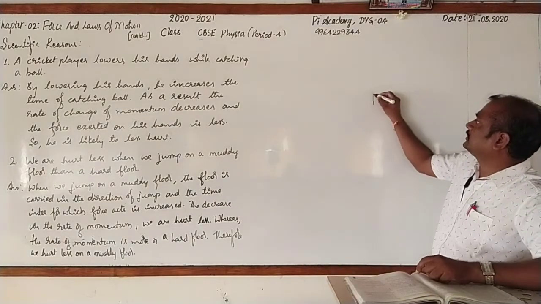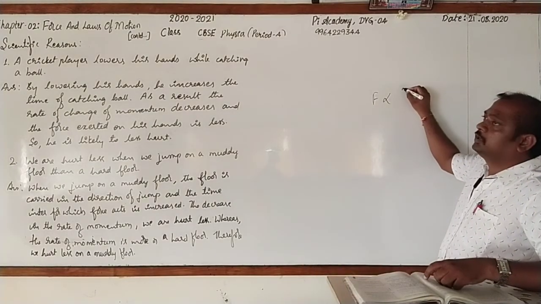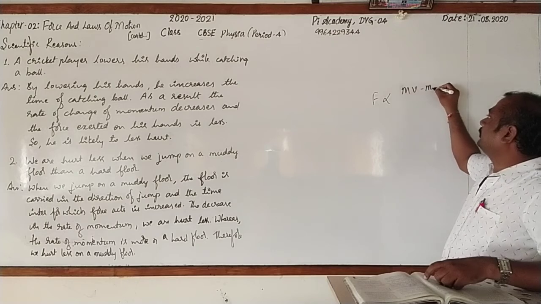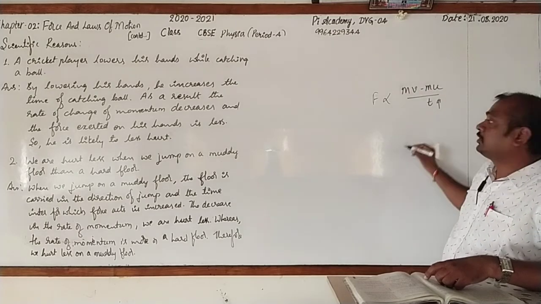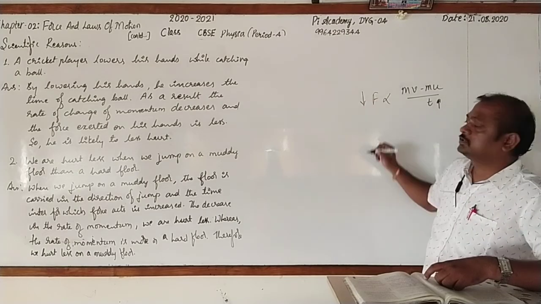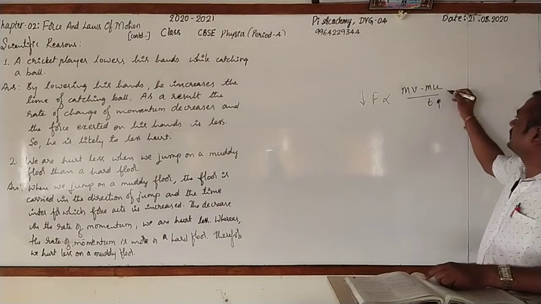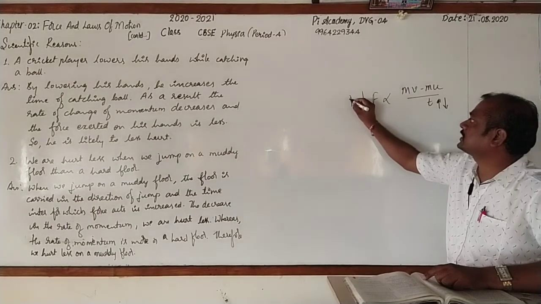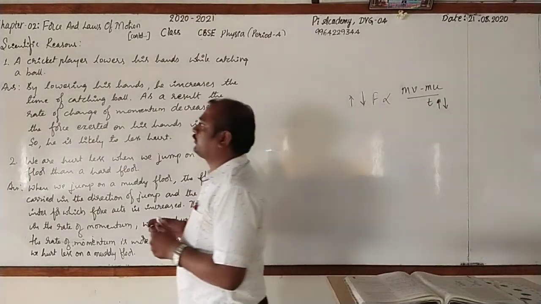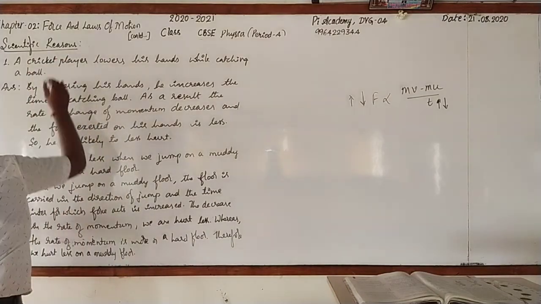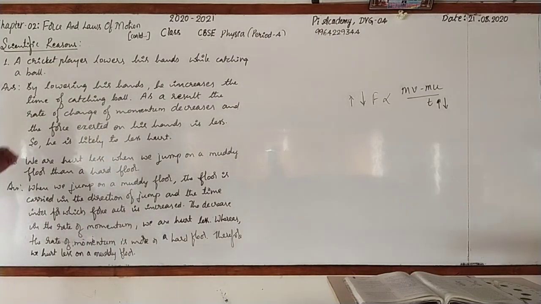That can be written as F is directly proportional to mv minus mu by t. If the time increases, what happens? Force exerted decreases. If the time decreases, force exerted increases. Based on that concept only, we can go for answering these questions. The first one, which is very familiar